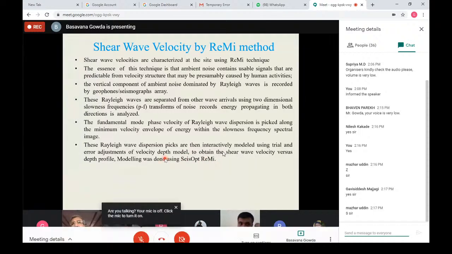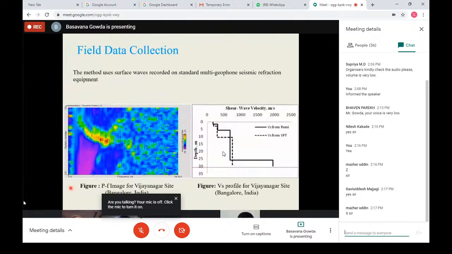I'm not in a position to share much detail about this data acquisition system. This is the PF image, where PF means slowness frequency image. The method uses surface waves recorded on standard multi-geophone seismic refraction equipment. You can see we have selected some color bands, based on which the shear wave velocity mapping will be done. Here, it will give you the variation of the shear wave velocity with respect to depth. Accordingly, whatever color code the software gives you, you pick it. Once you pick that color code, by default it will display the shear wave velocity value